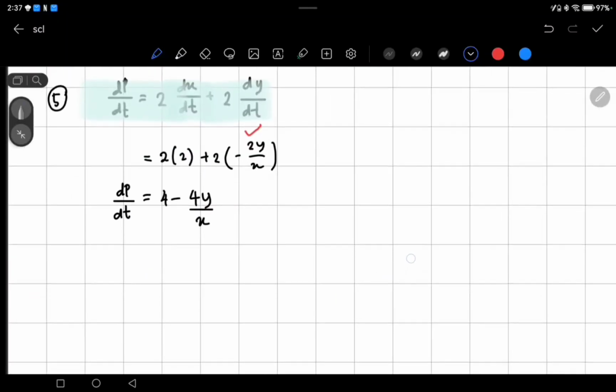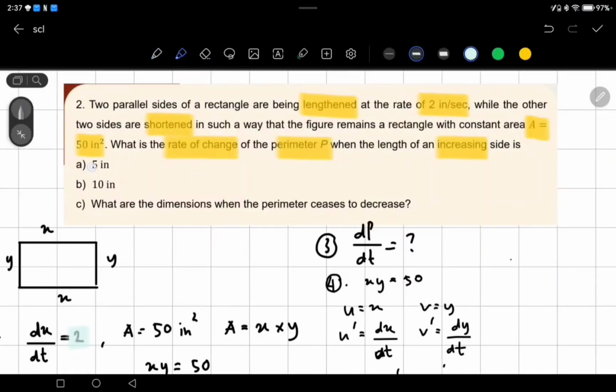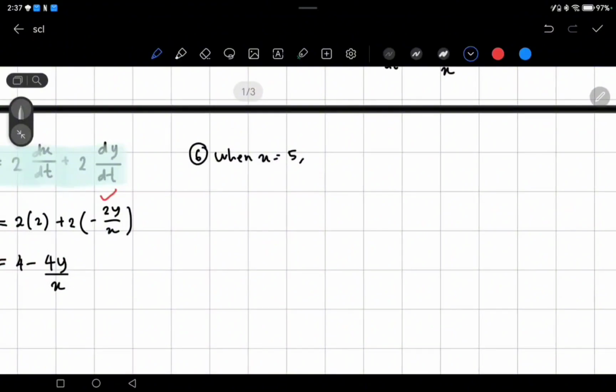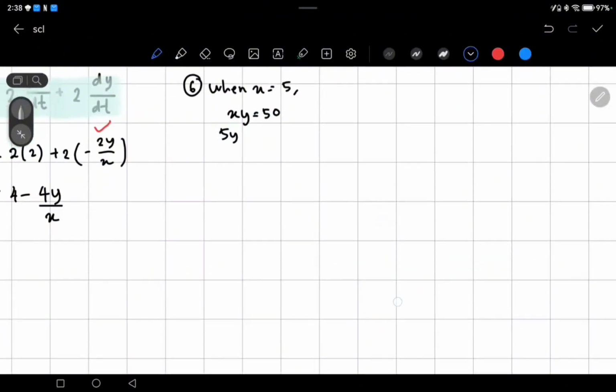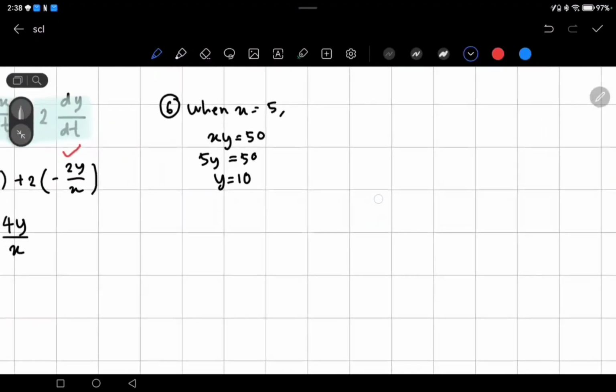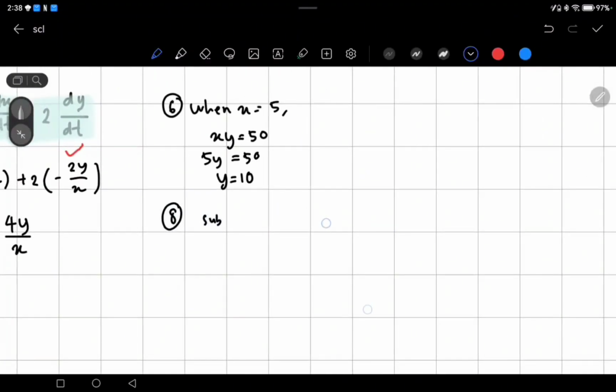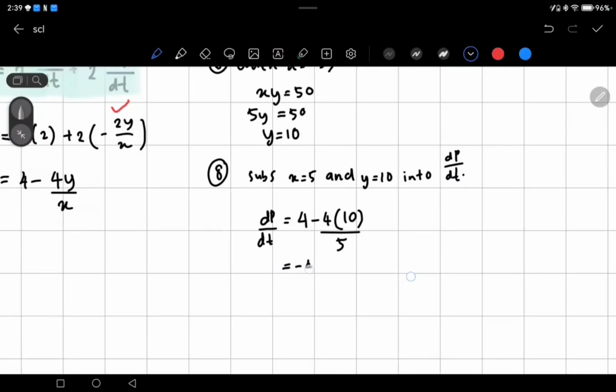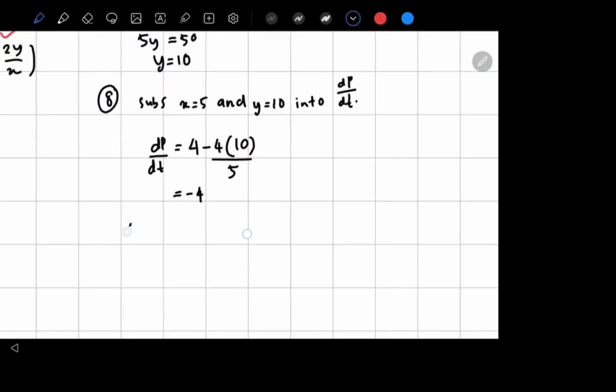The question asks when x equals to 5. xy equals to 50, we substitute x as 5. Now substitute x equals to 5 and y equals to 10 into our dp over dt. So we get the answer is -4. Conclude that at 5 inch,